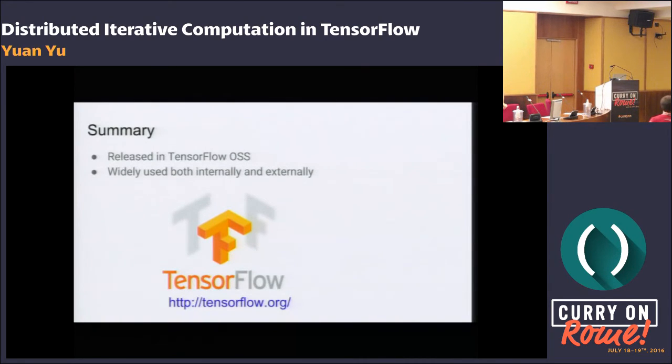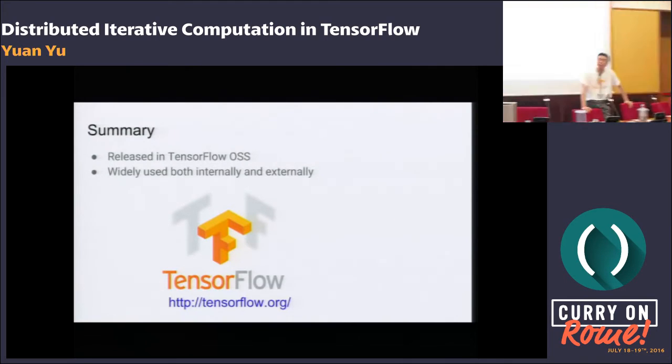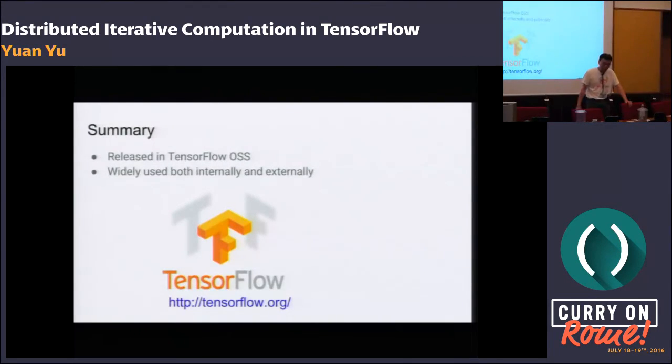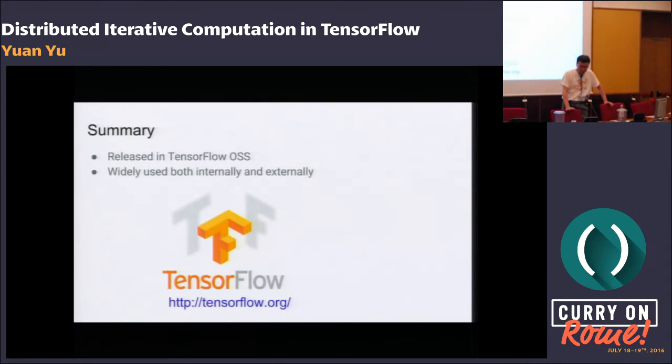Given that you partition the graph using graph rewriting, I assume it's done statically, right? It's static. So how do you do load balancing, and how do you minimize communication costs? This is a little bit beyond the scope of this talk, but for this kind of computation there's a lot of repeated computation.